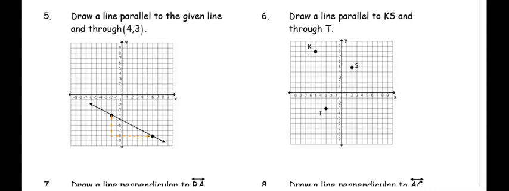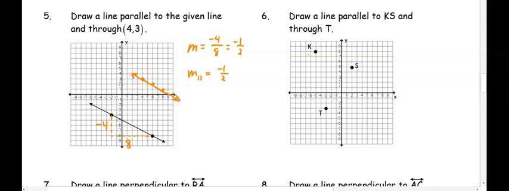And then I went over 1, 2, 3, 4, 5, 6, 7, 8. So to find the slope then, I would have rise over run, -4 over 8, which reduces to -1/2. My parallel slope then is also going to be -1/2. So now I'm going to plot the point (4, 3). So my x coordinate's 4, my y coordinate's 3. Then I'm going to use my slope to create my line. So I'm going to go down 1, right 2, and then I can connect my line, and now these lines